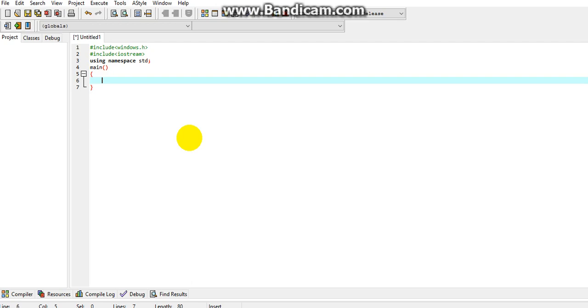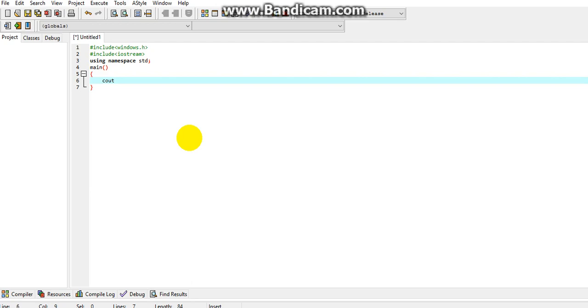Using namespace std is used to support std. Std is simply cout. This function is used for output stream, and it is defined in the std class, which is defined in iostream. Okay, I don't want to go in depth.